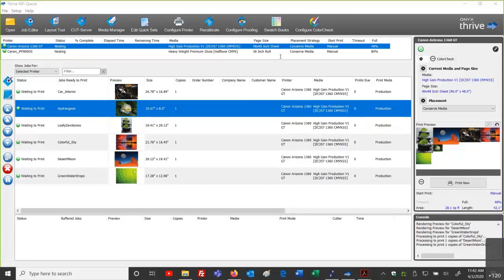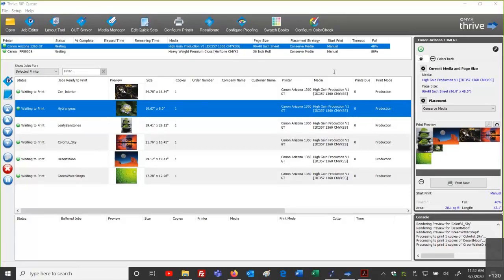How does this work for flatbeds where copies are printed at the machine rather than through Onyx? Exactly. That's exactly my explanation, that you would incorporate a standard procedure where if you need to make a reprint, instead of doing this through the controller software, the secondary computer that feeds the flatbed printer, you would go back into Onyx and do this. And again, this is the dynamic in the situations where those particular printers are not communicating back. If the controller, by sending the file again from the controller software computer that feeds to the printer, would generate information back, bidirectionally communicate back to our RIP, there'd be no problem with that.